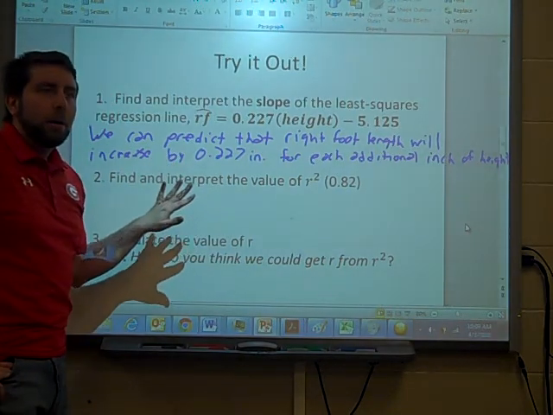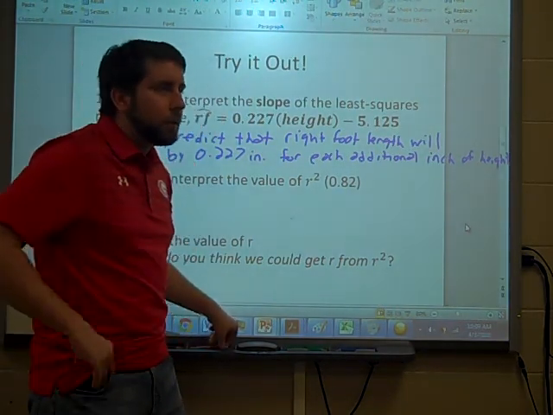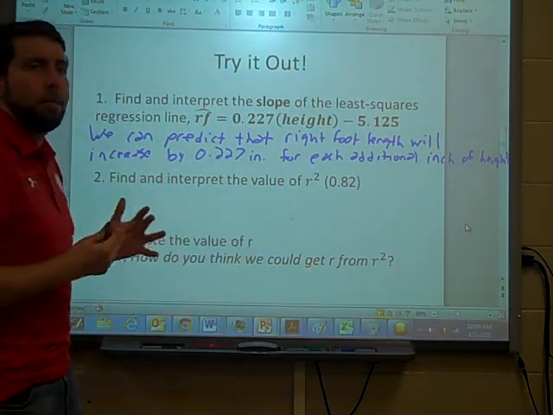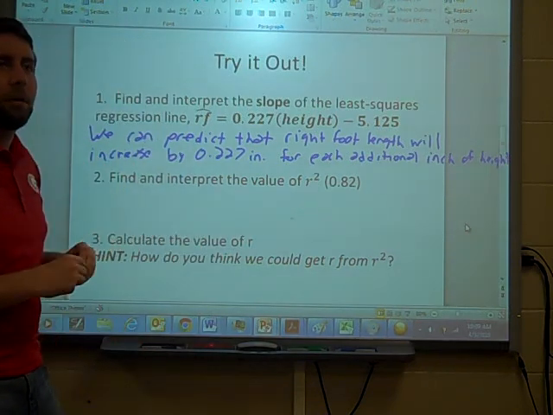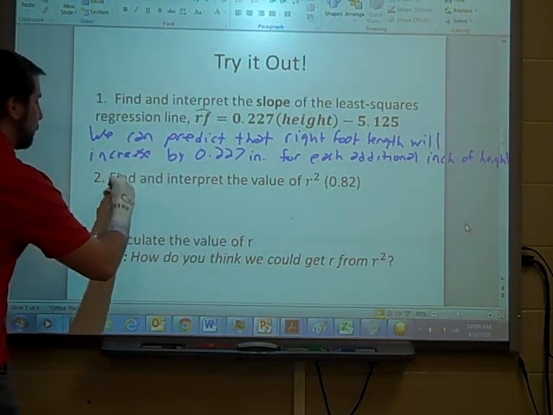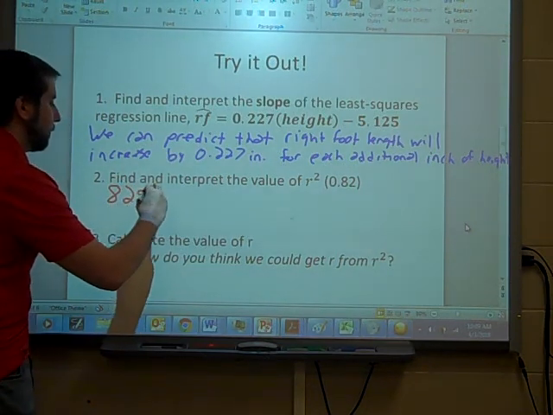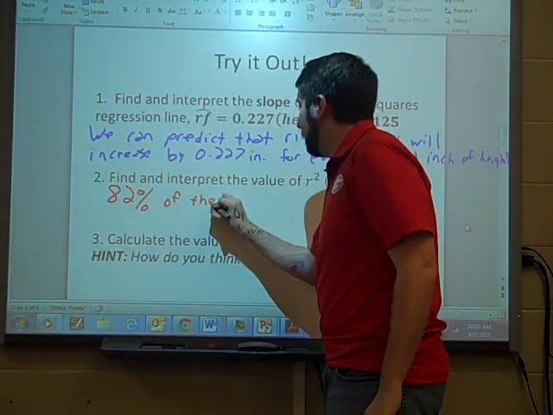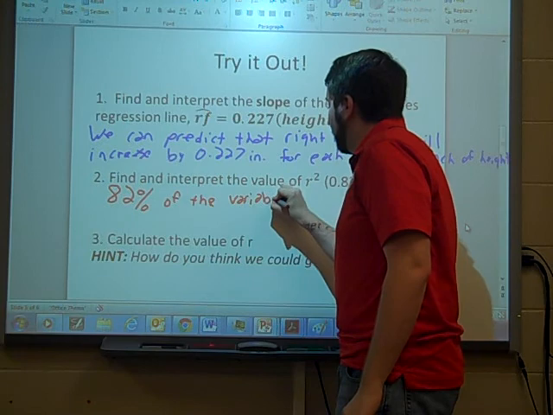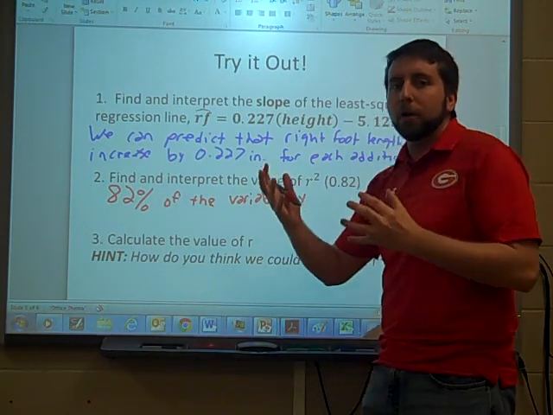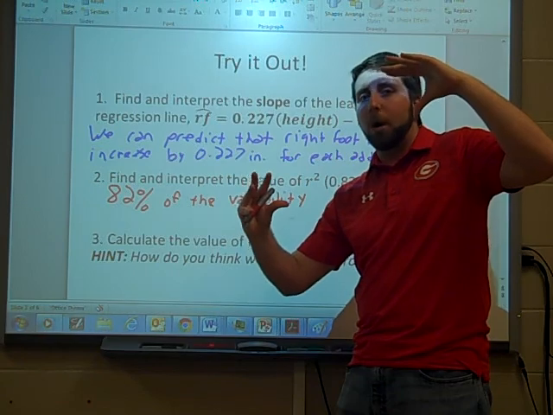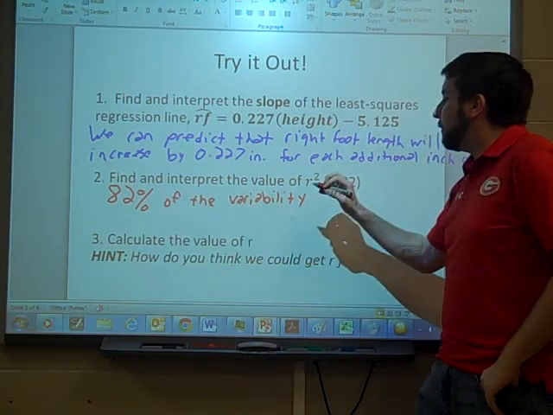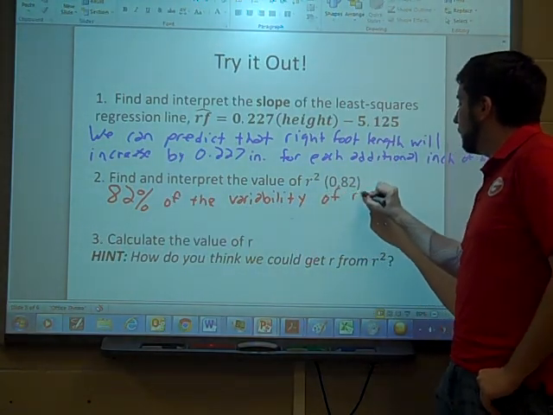R squared is a measure of the strength of that relationship, and so is R, but R squared more specifically is the percentage of the variability in y that's accounted for by that linear relationship in x. So that's 0.82, so about 82% of the variability, and that's what those squares measure, right? The bigger the square is, the further away you are from the line. So that's a measure of variability. It's a measure of spread. So 82% of the variability of right foot lengths